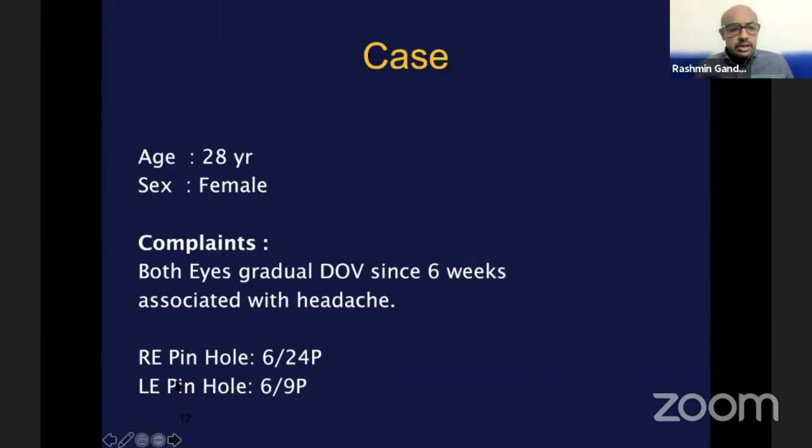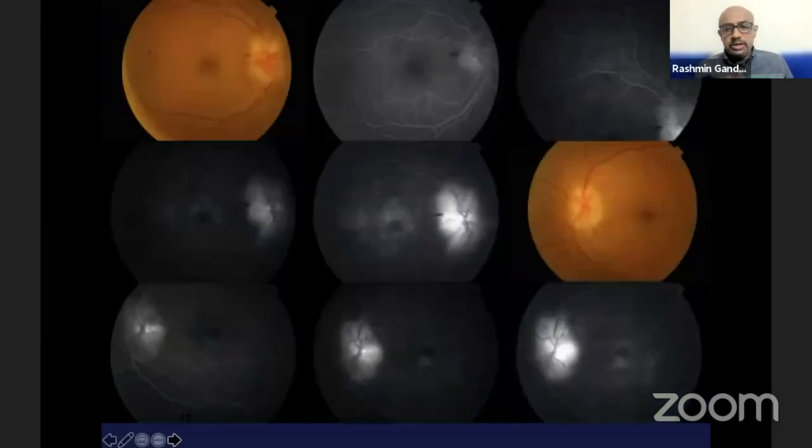Use number 2: this is a 28-year-old female with a picture suggestive of papilledema. How do we use OCT here? OCT can give you an objective assessment of what is happening with your treatment. The patient comes to you, you do average RNFL, and it will be increased because of disc edema. You follow the patient up. Is there any decrease in average RNFL as the patient undergoes treatment with Diamox or surgical treatment? It will give you an objective assessment that yes, the optic disc edema is reducing, reflected in reduction of